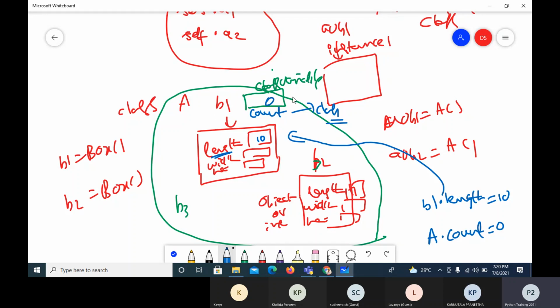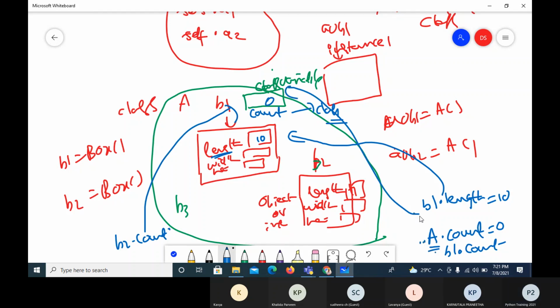Even though it's a class property, and we generally refer to it with the class name, I can also refer to a class property with an object name, because there is only one copy. So whether I say a.count or b1.count or b2.count, all will be referring to the same thing, because there is only one copy.